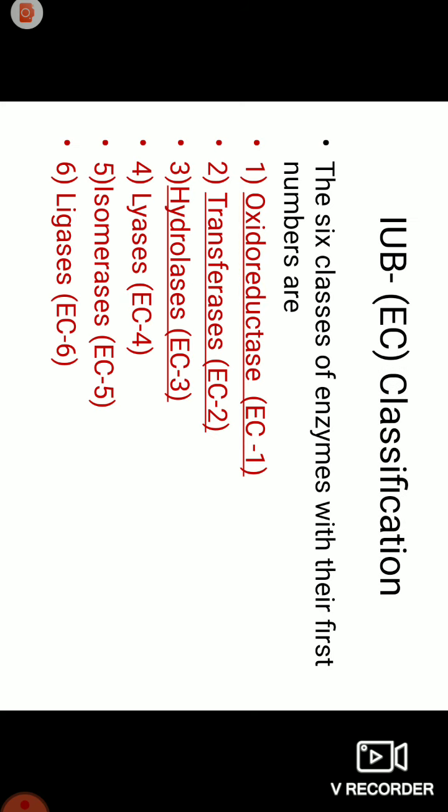So let us see what are all the classes. Based on the recommendations of the Enzyme Commission, a subsidiary body of the International Union of Biochemists, enzymes have been classified into 6 classes. They are oxidoreductase with EC number 1, transferases EC number 2, hydrolases EC number 3, lyases EC number 4, isomerases EC number 5, and ligases. So these are the 6 classes of enzymes